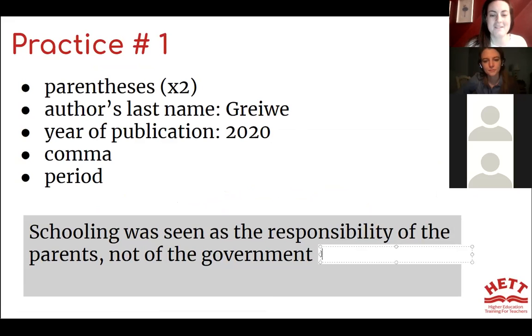Spacing won't be quite correct, but parentheses. Oops, I'm spelling your name wrong. And then a space, 2020. And also remember the full stop. I noticed in the Burmese class, some people were forgetting the full stop or period at the end. So remember that you need to add the full stop or the period at the end. And don't forget it. Okay, so that's how it looks.